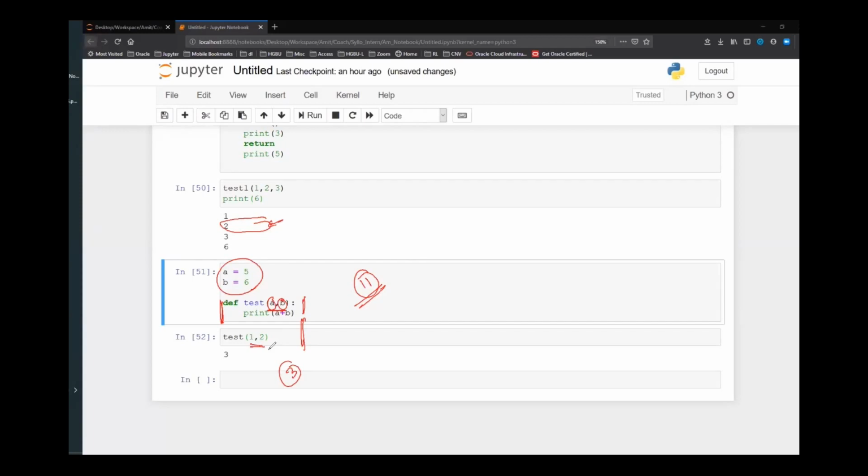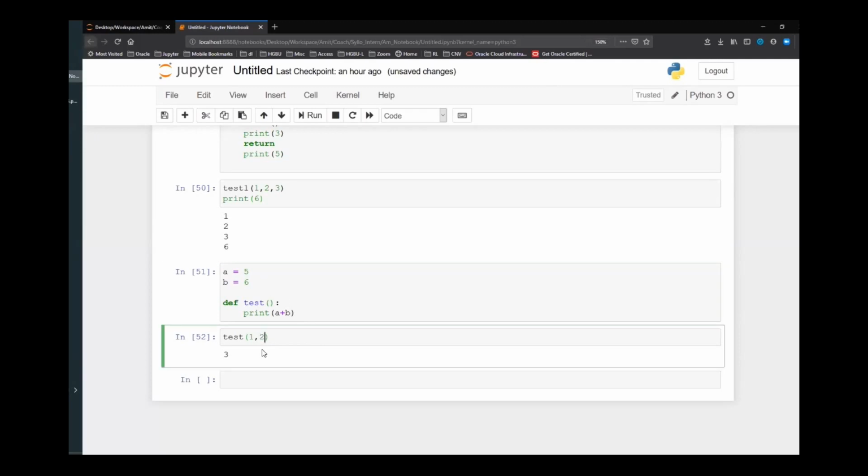Okay. Now there is a very good statement from Justin. He is saying if we pass no arguments, then it will return 11. That is a very good thing. Let me just highlight that. If I do not pass any arguments, that is, I do not pass anything here, and if I simply run this, the answer will be 11. And that is correct, right?